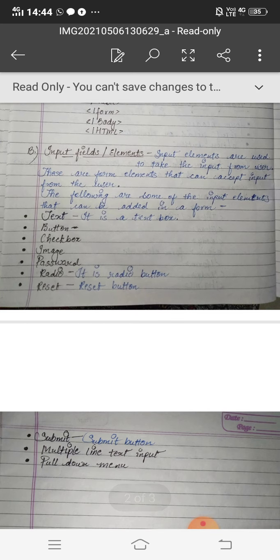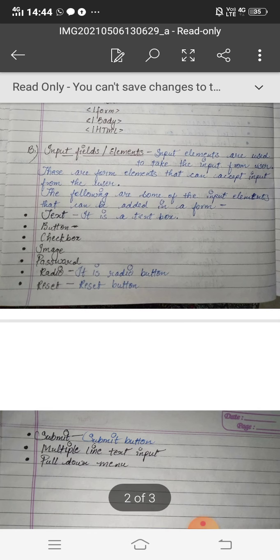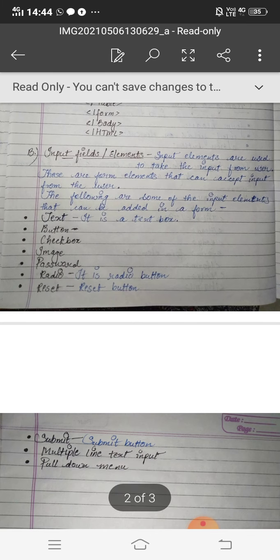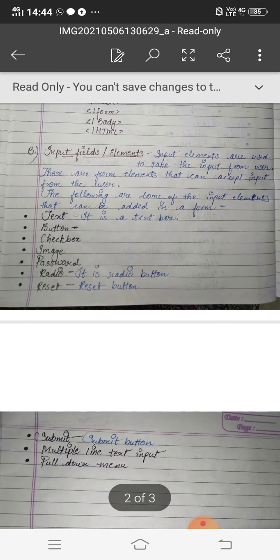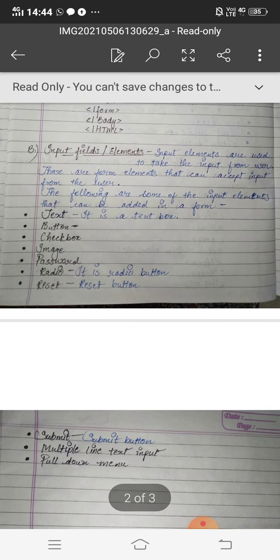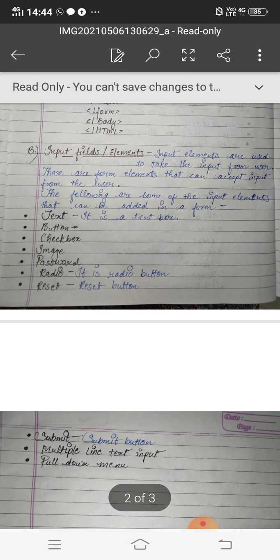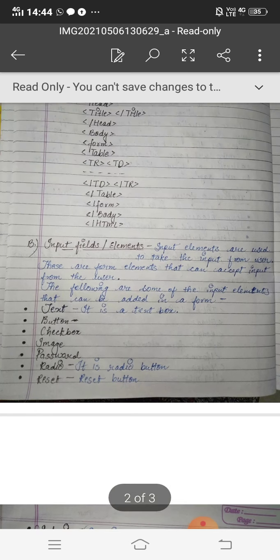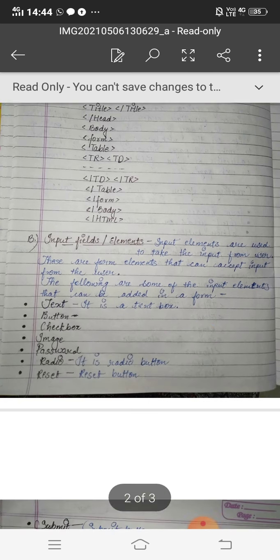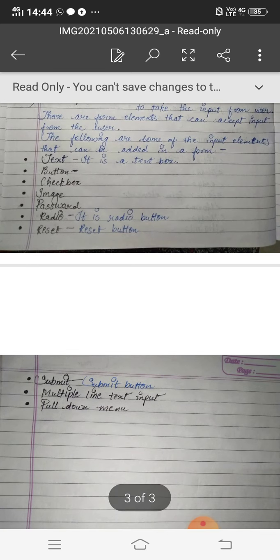So here I have mentioned all the names which we will cover in the next classes, and I will tell how to use each and every element in a form. Okay, because a form is a combination of these elements only. So if you create all the elements, then it will be a combined form, a total form. So you must have learned today the form element, and that the table tag is used. Okay, thank you for today.